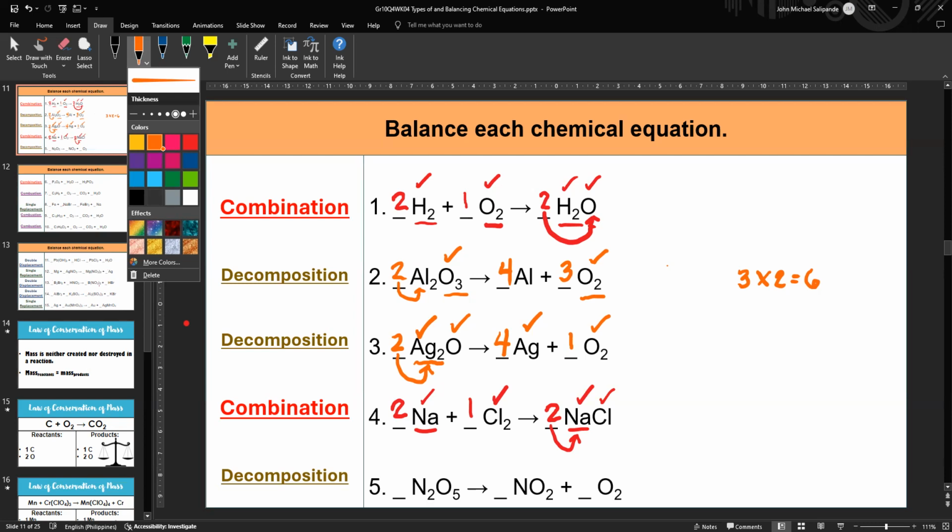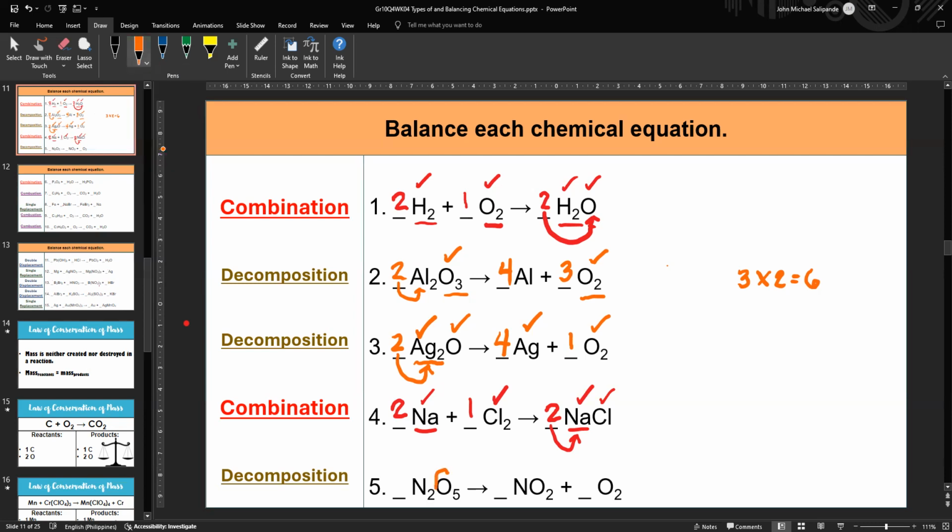So usually, when you see an odd number like this, sometimes you translate it to an even number. Sometimes it works, sometimes it doesn't work, but it will work for 5. So we have 5, an odd number. How do we convert that to an even number? Using multiplication. So we multiply that by 2. So 5 times 2 is equivalent to 10.